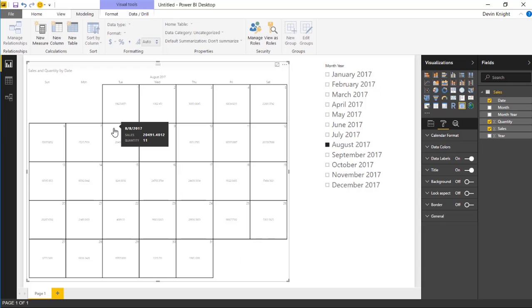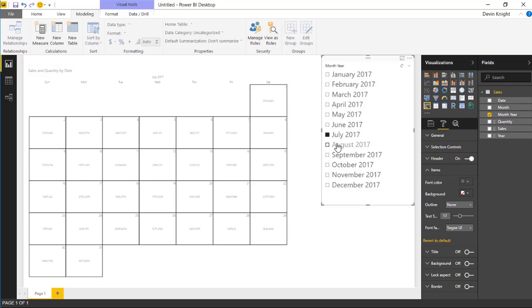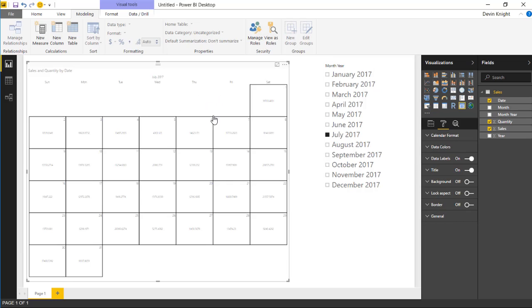So if I wanted to, and actually at the time of me recording this, it's the end of the month, July 2017, what I can do is make this a little easier to read. Right now, this calendar is a little bit difficult for me to read. So I'm going to select the calendar,